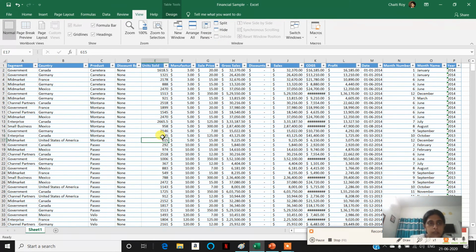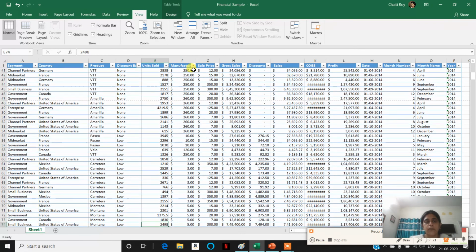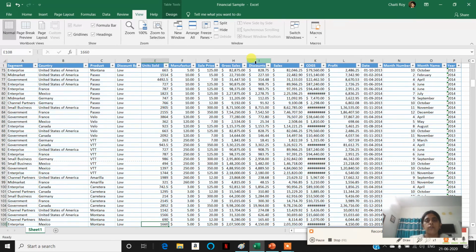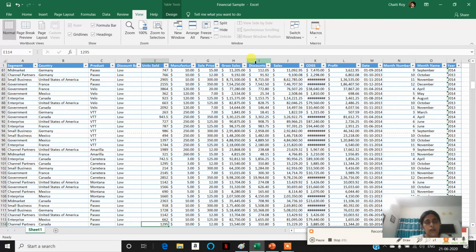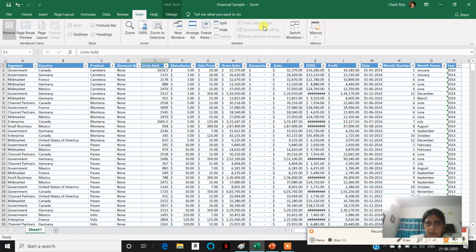So as you go down, you can see the header is still displayed. It is not going out of our view. So as I've told you, when a huge amount of data is there, then this Freeze Panes option is useful.